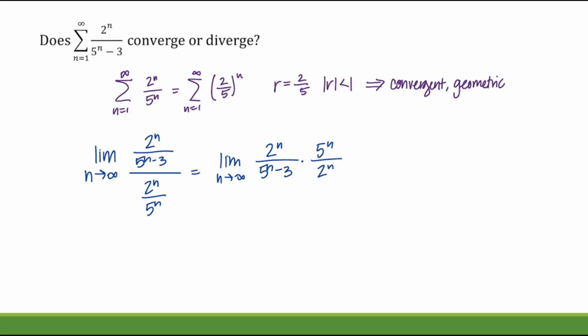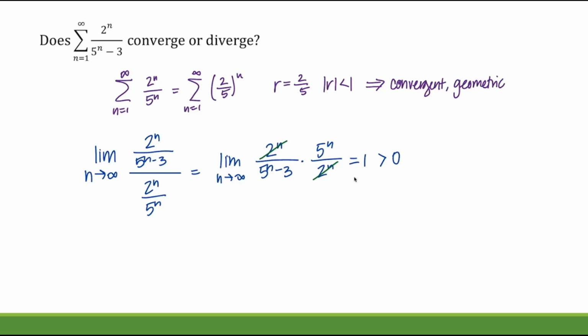Well, we can actually cancel out the 2 to the n's. We cannot cancel out the 5 to the n's because of the minus 3 here. But if we are thinking about the limit as n approaches infinity, the top is dominated by 5 to the n, the bottom by 5 to the n, because the minus 3 towards infinity doesn't really matter. So 5 to the n over 5 to the n is just 1, which is greater than 0, but we